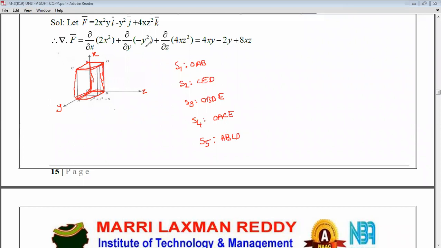So this one we need to calculate now. Let us see that. You can clearly see that those are the 5 faces, and now we need to calculate those 5 faces. By adding those 5 faces, simply we'll get the result. Okay, let us see that.